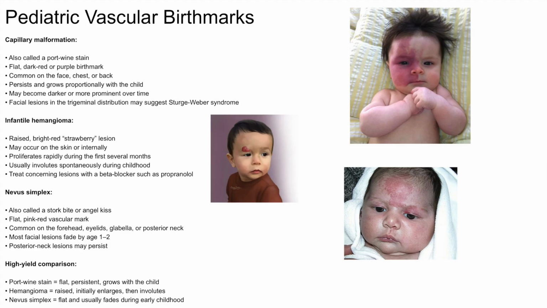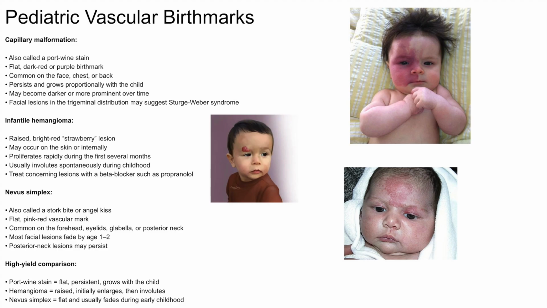And so the three major vascular birthmarks are separated by whether they persist, enlarge, or fade. A capillary malformation or port wine stain is a flat, dark red-purple lesion that is present at birth, persists, and grows proportionally with the child. A facial lesion involving the forehead or upper eyelid should raise concern for Sturge-Weber syndrome and its associations with seizures